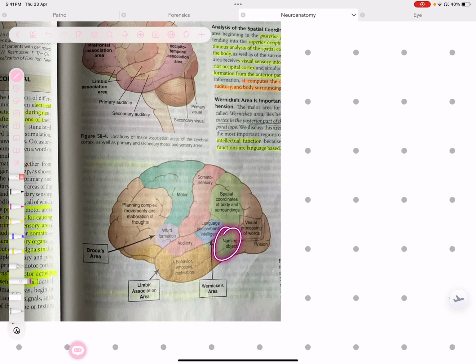Then there's an area associated with naming of objects. So this entire thing is only associated with naming objects. So if you want to name something, for example, now you may be wondering why is there such a huge area associated just for naming objects? Because for naming of the objects,